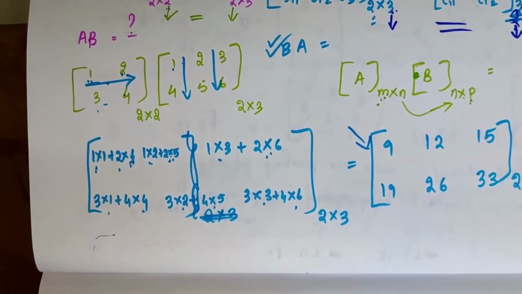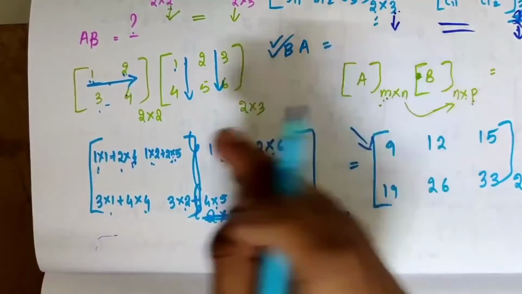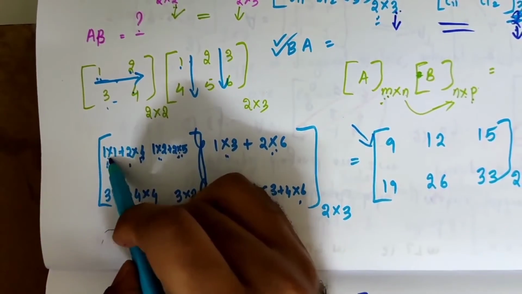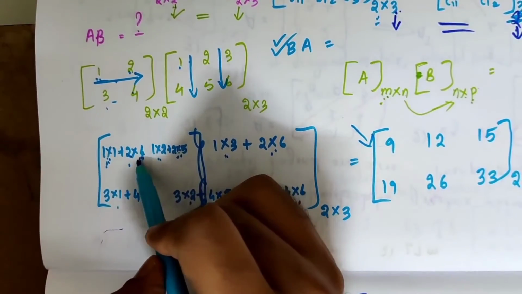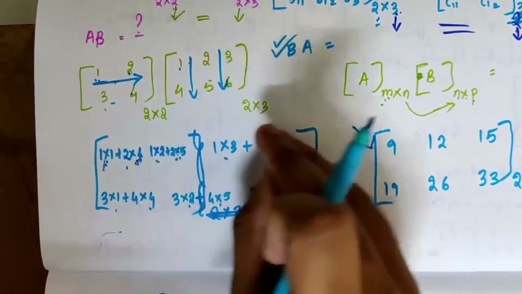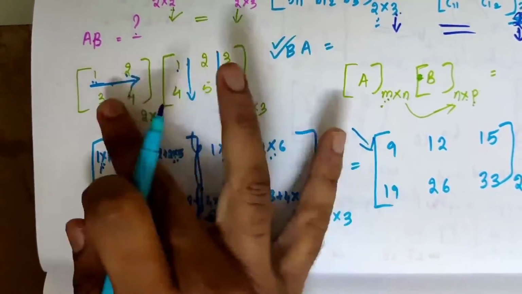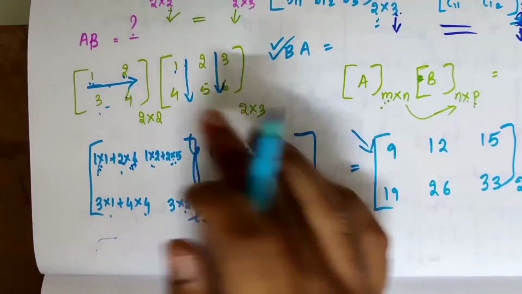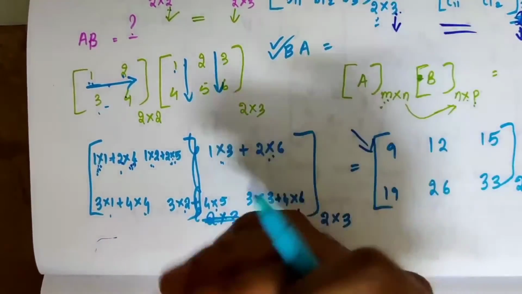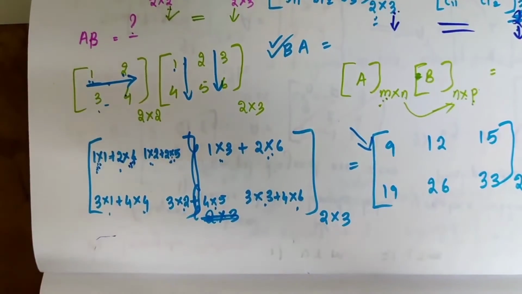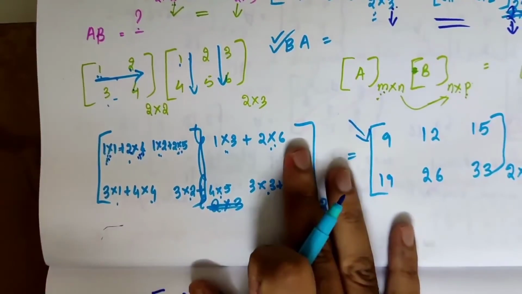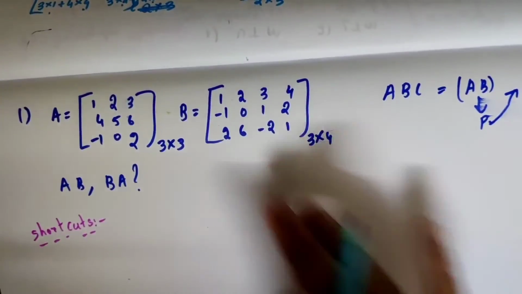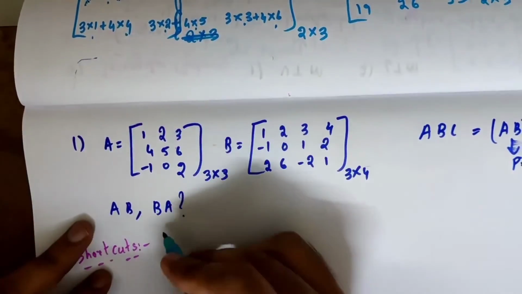Don't count like this: 1 into 1 multiplication, 2 into 4 another multiplication, 2 multiplications. If this is a simple matrix, you can count manually. If the multiplication is bigger, then what will you do? It will take huge time. So for that we have a shortcut. The shortcut for finding the number of multiplications is